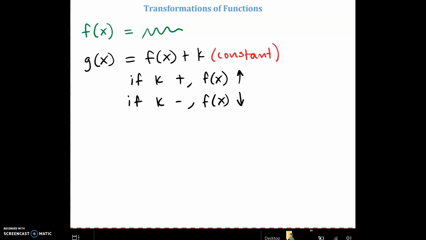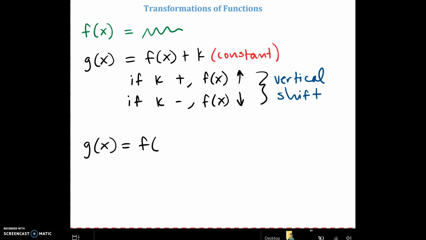Now, this is called vertical shift. We can also have horizontal shift, and that looks something like this. So you have g of x equals f of x plus k. Now, since it's inside the function,